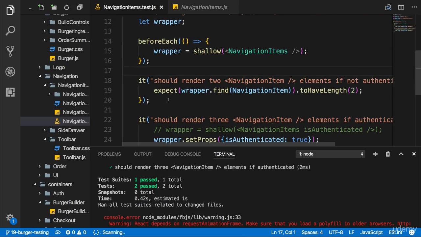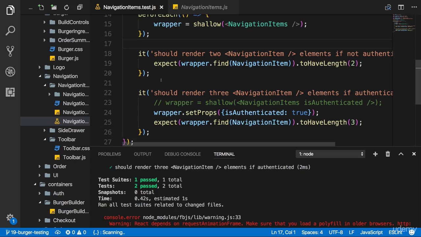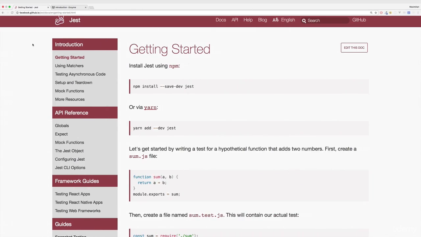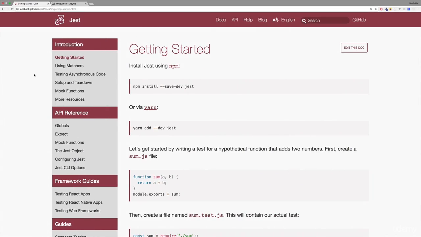And for testing, I can only recommend looking into the official docs, as well as, if you really want to dive deeper into testing, checking out some dedicated resources, some dedicated courses or tutorial articles, I mean. With that, let's have a look at the documentations. Here, I'm on the Jest documentation, and you can simply find that by Googling for Jest. There you'll find a getting started guide, and always keep in mind, Jest is not bound to React or create